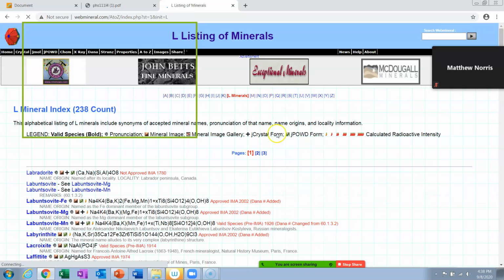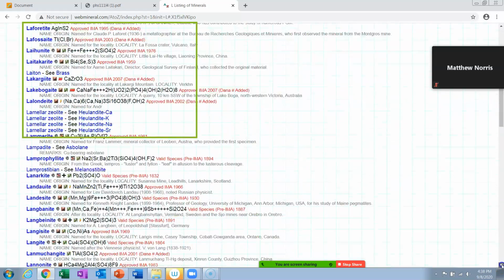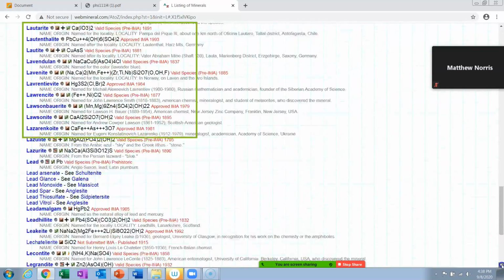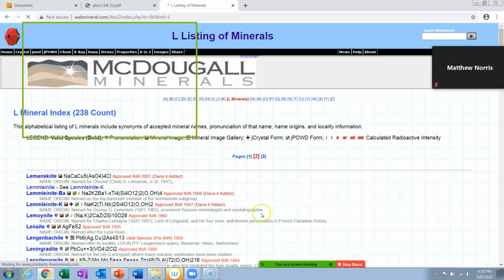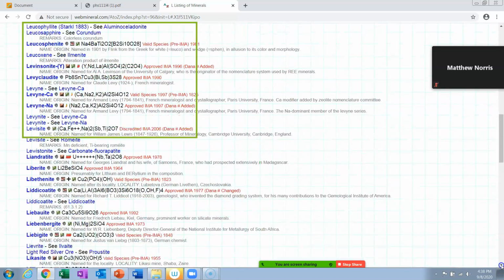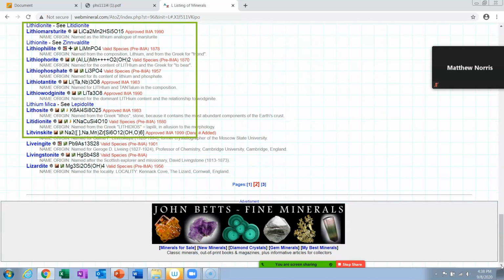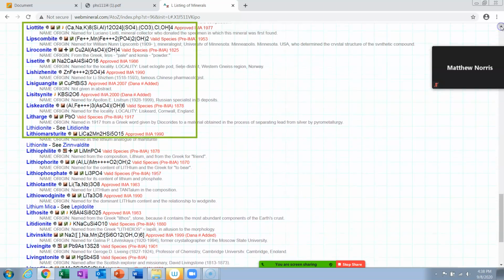I'll click on that, and now I go down till I can find limonite. Okay, I get down to the bottom of that. You can't see it, but below here, so I'm going to go to number 2 to see if I can get limonite. So let's do page 2 here. Oh, whoa, whoa, whoa, stop. Okay, I released that a long time ago. Okay, limonite.